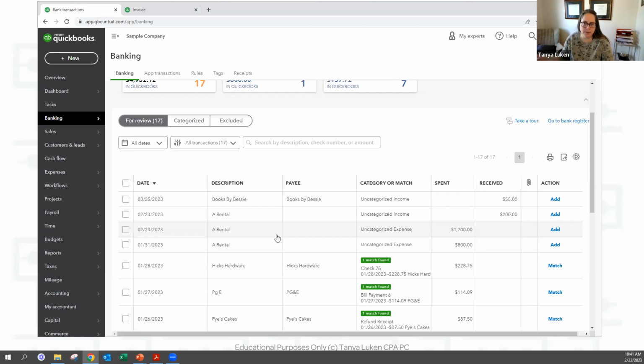You can tell QuickBooks every time it sees CenturyLink to record that expense to telephone and internet, or every time it sees Hartford Insurance to record it to insurance expense, or every time it sees Tanya Lucan CPA PC, put it to accounting expense, things like that. So once you record those transactions, you can create these rules to make sure that every time you buy something, it's going to the exact same place.